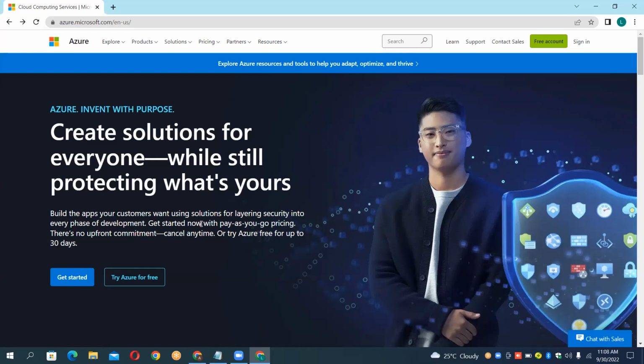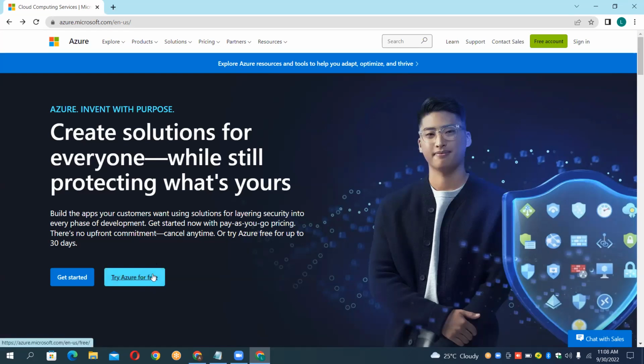So guys, for getting started, what do you have to use? Simply use Try Azure for free. This free version will work for you for around 1 month. Then afterwards you again have to upgrade it. So rather than taking the free version for ADB, because ADB requires intensive practice and work, you can go with the pay as you go model.